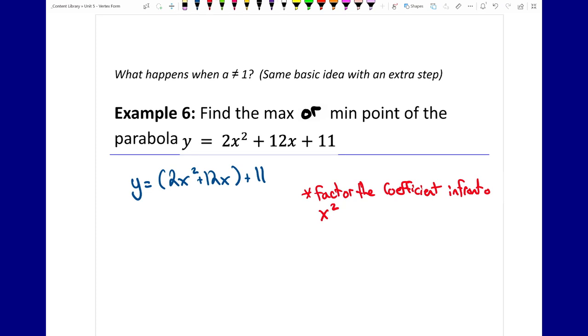So the value that is in front of the x squared, in this case 2, we're going to factor that out. I'm going to factor it out of the bracket, so what that means is I'm going to be left with 2,